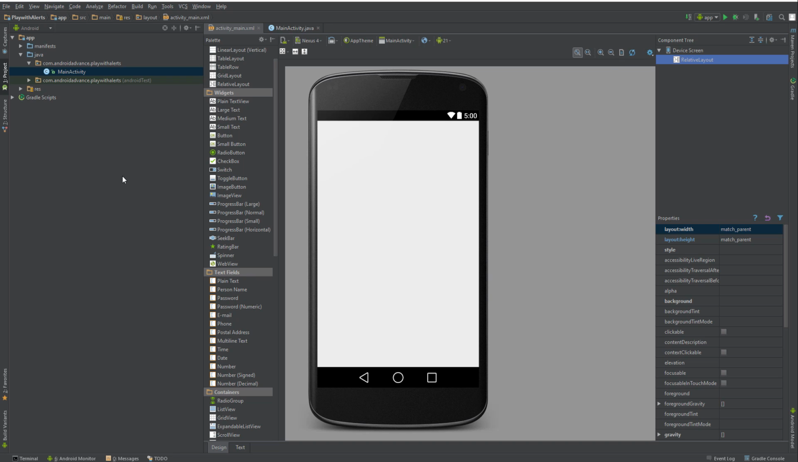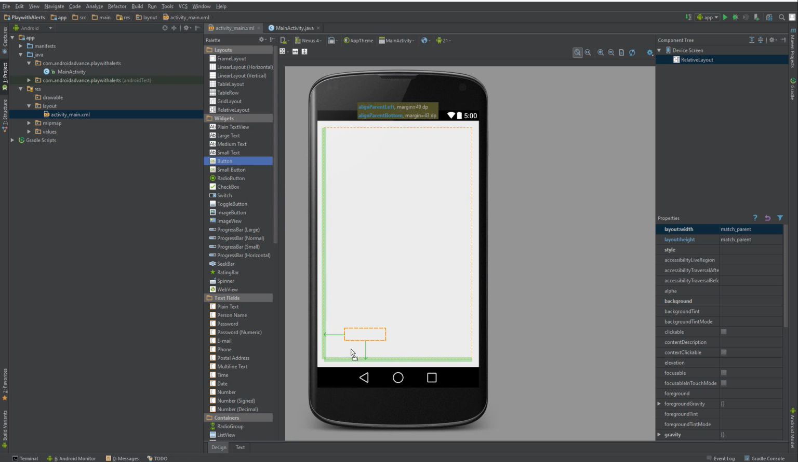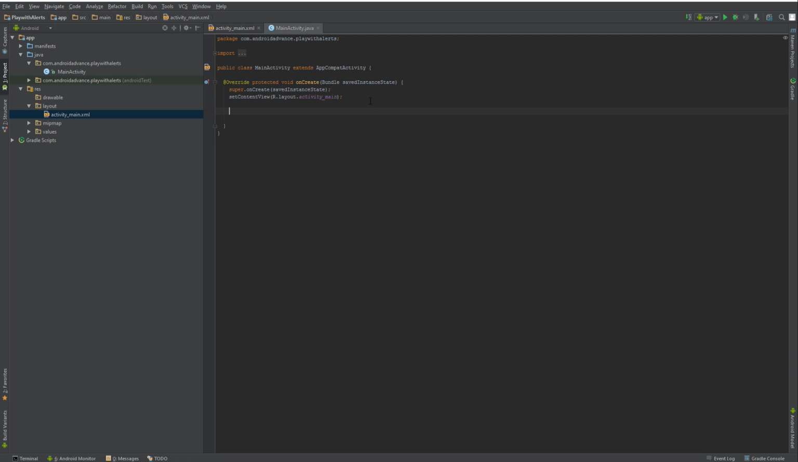You might want to refresh it from time to time because it gets stuck. So let's add a button on the bottom. Let's give it an ID, button underscore toast. Okay, let's get a reference to it. Okay, now